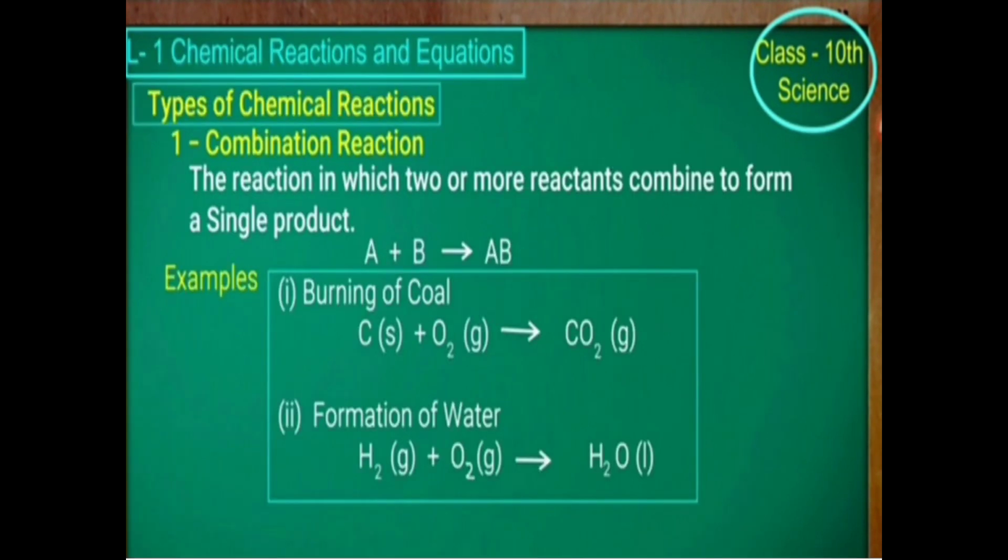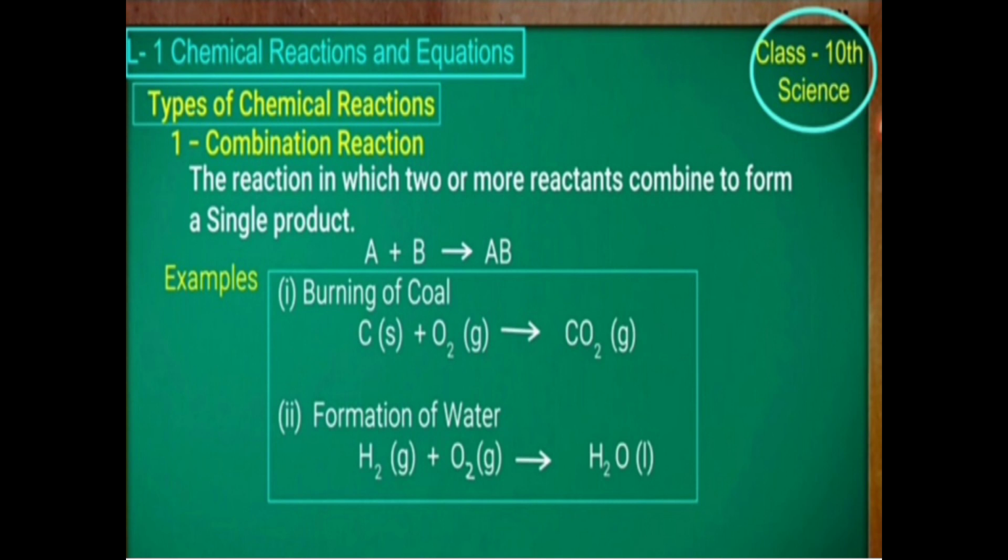Understood? Now let's study about types of chemical reactions. Till now we studied about chemical reactions and chemical equations, and we studied that a chemical reaction can be represented by a chemical equation through certain rules. That is, it involves the use of symbols along with the mention of physical states. Plus the chemical equation should be balanced, as it involves the law of conservation of mass, and that's why the molecules on both the reactant and product sides should be equal. Now we will study about types of chemical reactions.